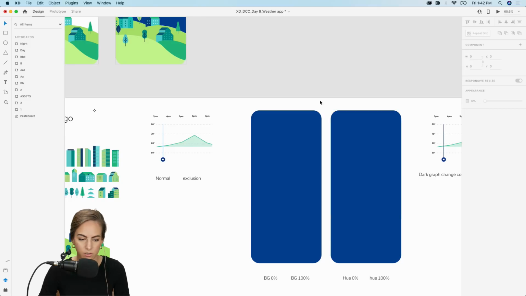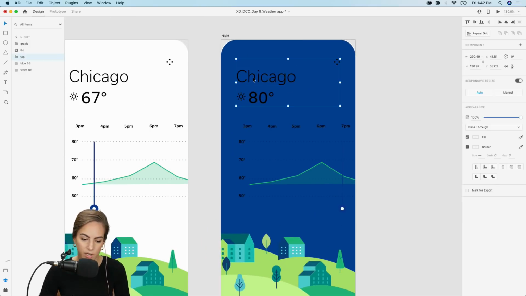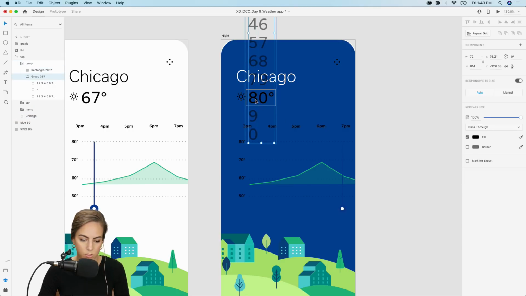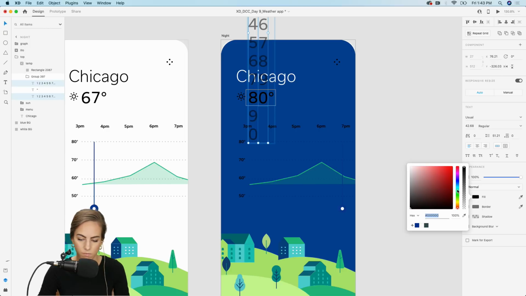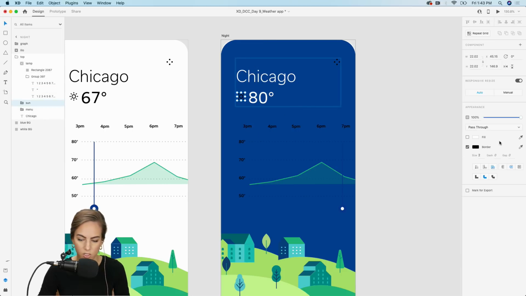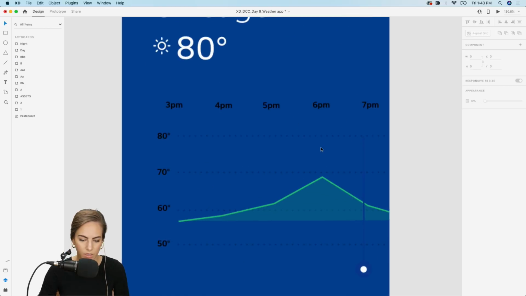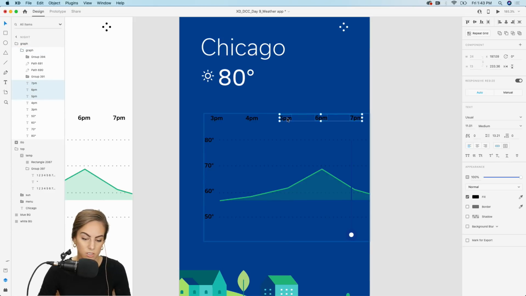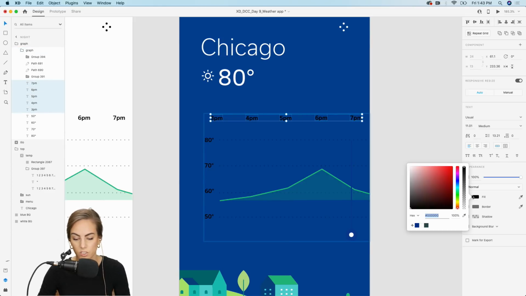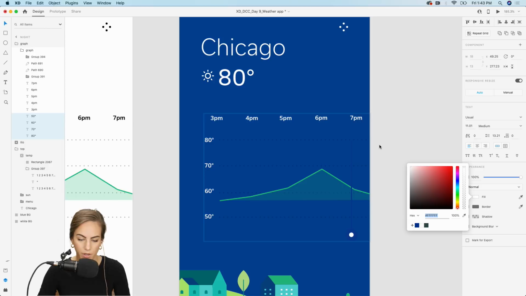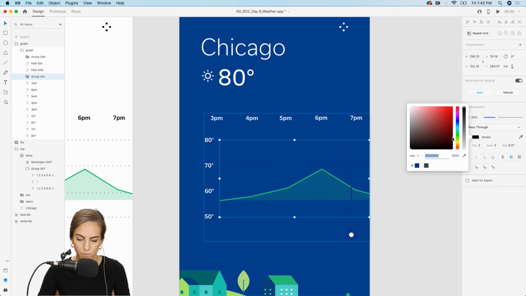So it's starting to look like it's turning nighttime, looks good. Now what I want to do is change the color of the text. I want the text to be white, so I need to change all of these colors. Go into the mask for each of these. Change the little sun icon color. Our menu, it's just not enough contrast. I should have made this a repeat grid, but it's not enough contrast if it's just black on blue. So I'm making these all white so it stands out a bit more.